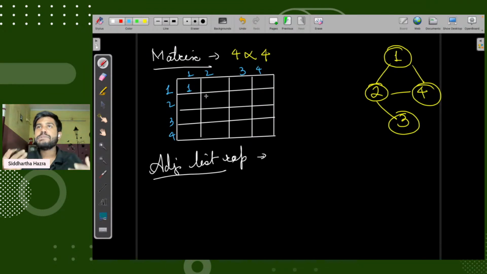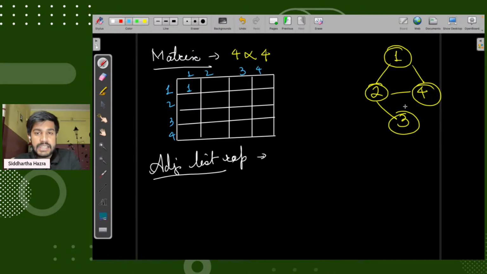So adjacent to Dhanbad there is Bihar, Barakar, Asansol. Suppose adjacent to Dhanbad, we can directly go to Barakar, we can directly go to Asansol, we can directly go to Bihar, Patna. In the same way, from 1, I can directly visit 2 and 4, but not 3. Why? Because there is not a direct edge to 3. Please understand this difference.